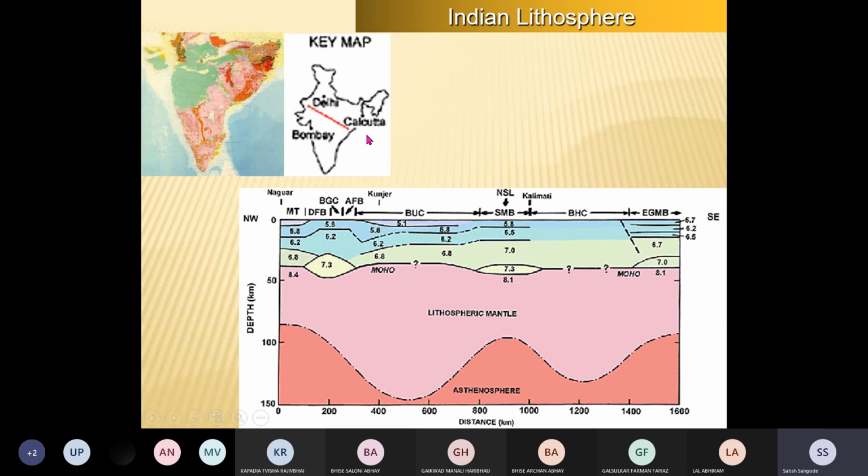That can be done by geophysical surveys. And over the Indian plate, several geophysical transects were done. These geophysical transects may be gravity, magnetic, magnetotelluric, and many other methods. But most important is the seismic